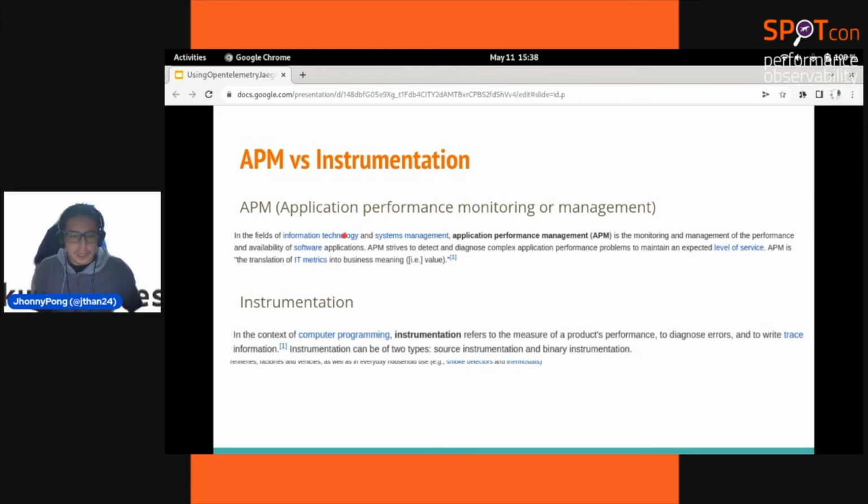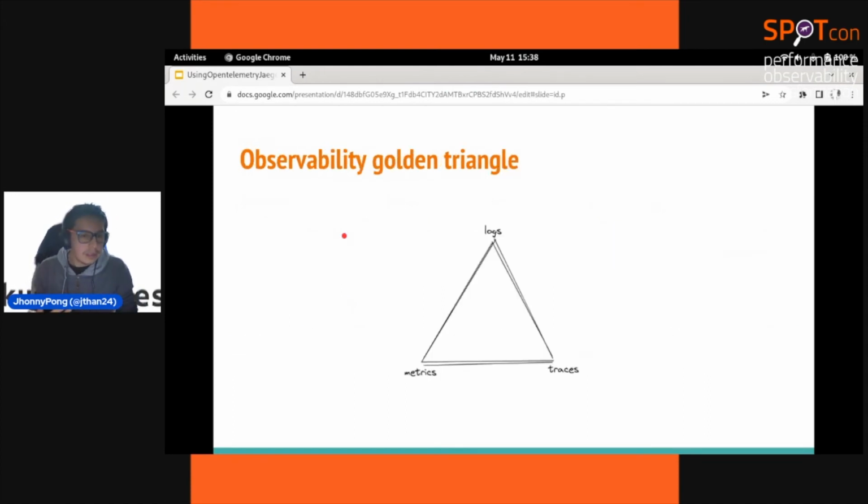On the other hand, we have the golden triangle of observability: logs, metrics, and traces. Logs are the content data structure, like information about what happened inside my application. Metrics contain information and averages from a service or an application, like CPU, memory, and other information around my application. And we have traces, the information for one transaction, with one unique ID, that defines the communication with other events, right? That is the objective of observability.